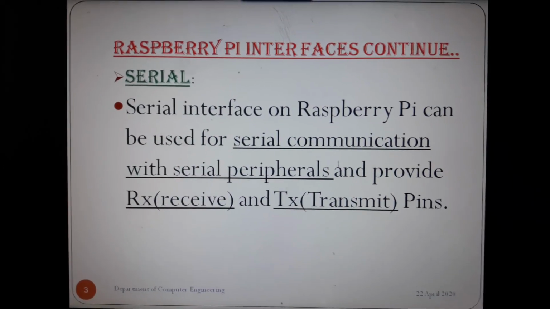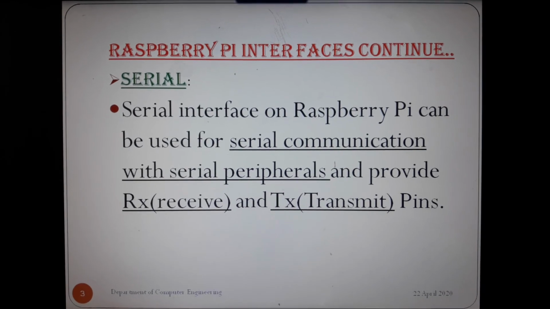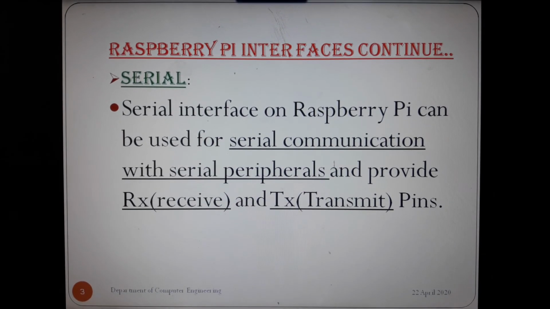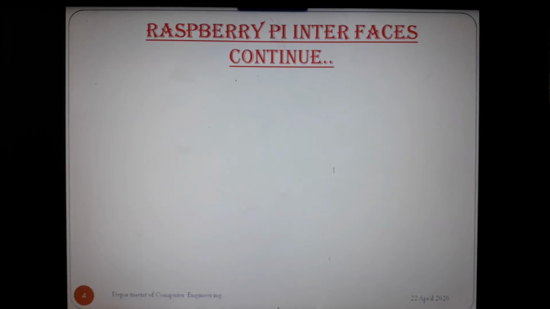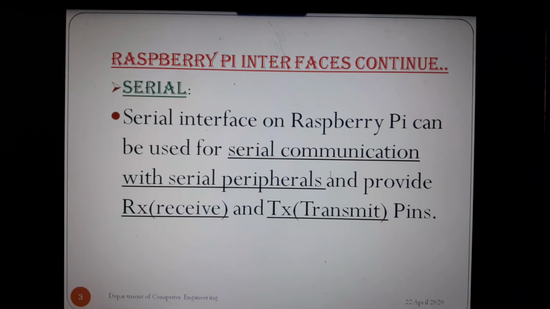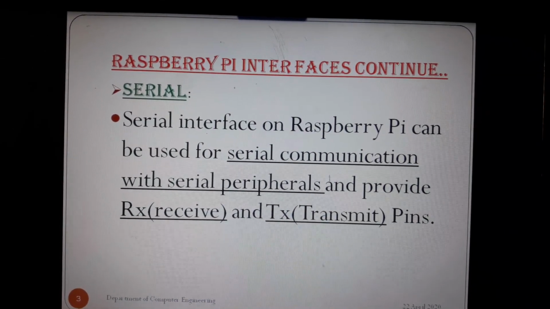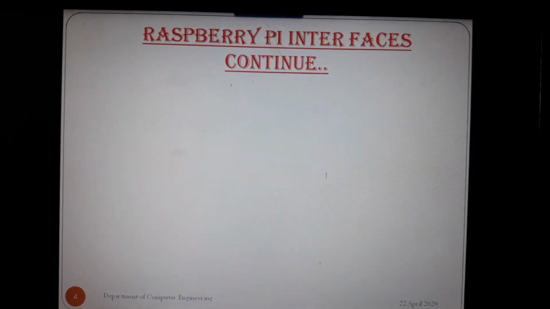The serial interface on Raspberry Pi can be used for serial communication with serial peripherals and provides RX, receive, and TX, transmit pins. So the serial port is very important for input output connections, transmission and receiving from peripherals.